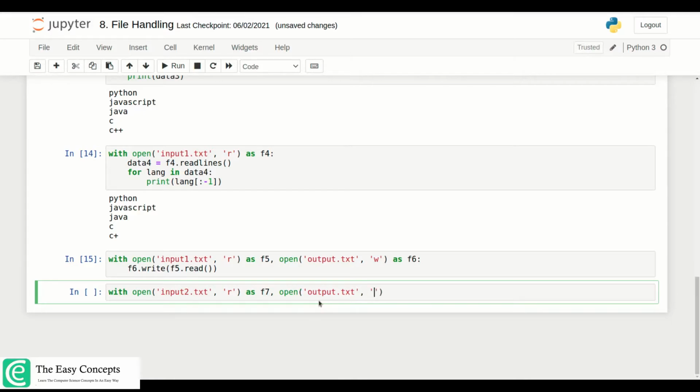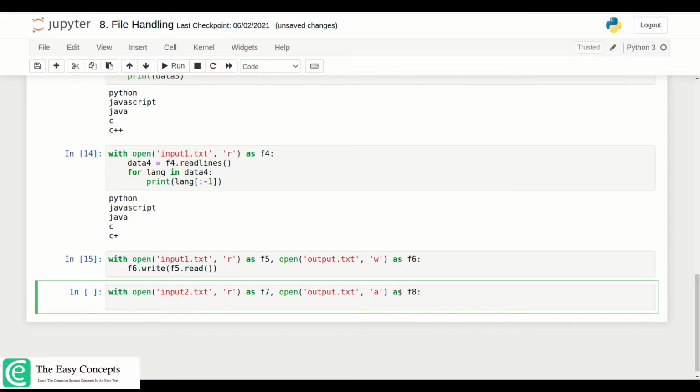We will not open it in write mode, because if you open this file in write mode, it will overwrite it, as F8. And now the same thing we have to do, F8 dot write, and you have to read F7 dot read. So you are reading the second file and writing it to output.txt.